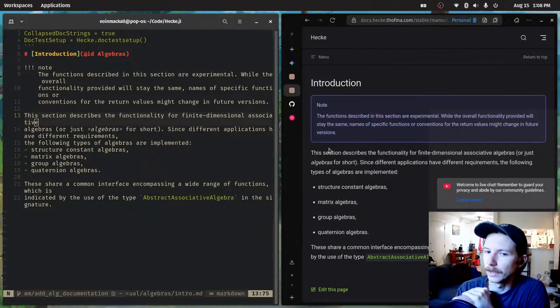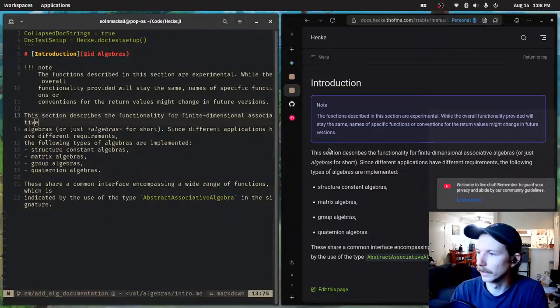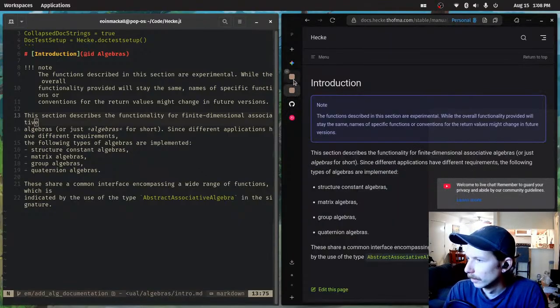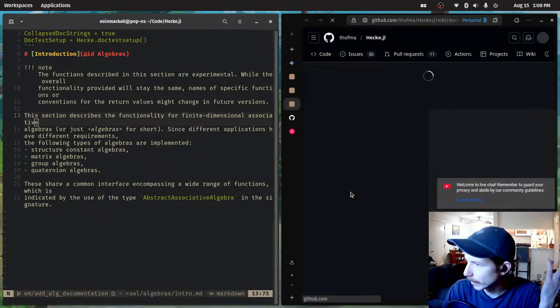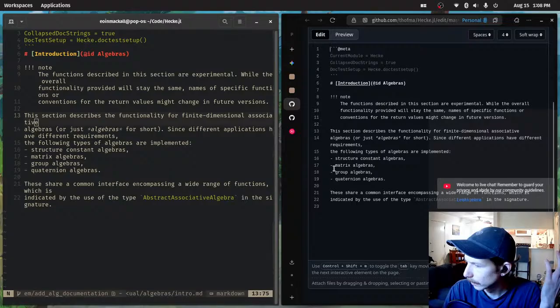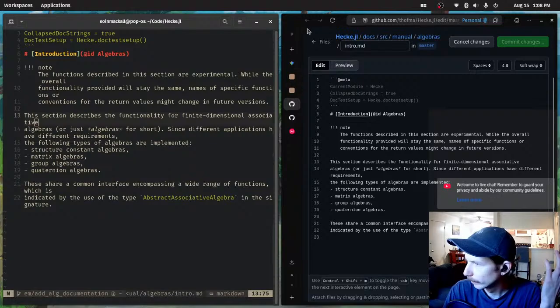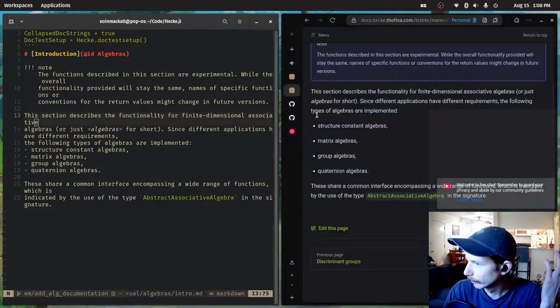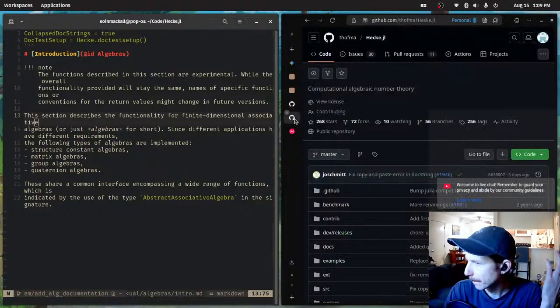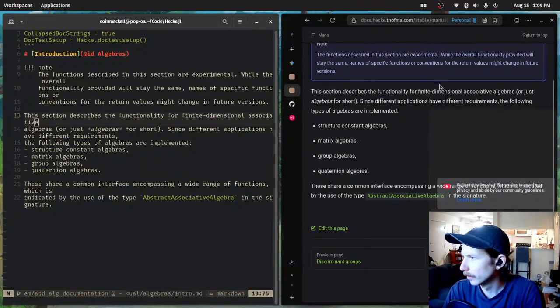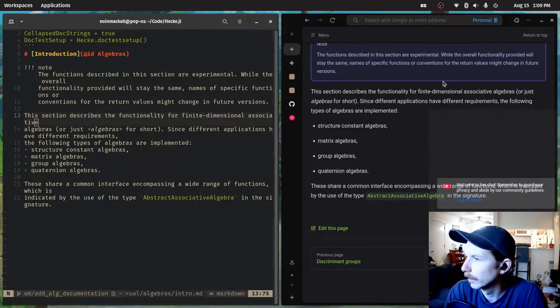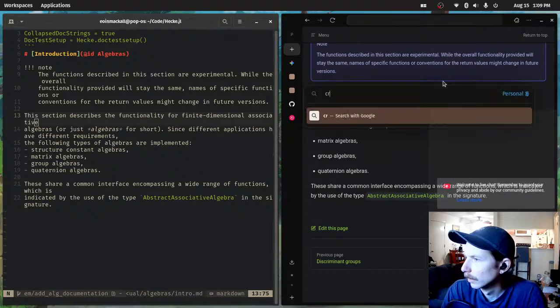That's probably the best thing to do, which means that we need to follow the command, or we could just edit this page like this. Now let's try to figure this out. So create local server